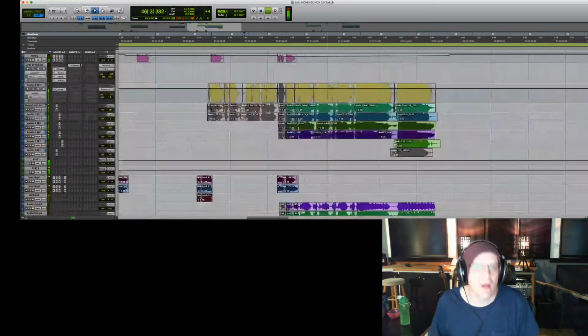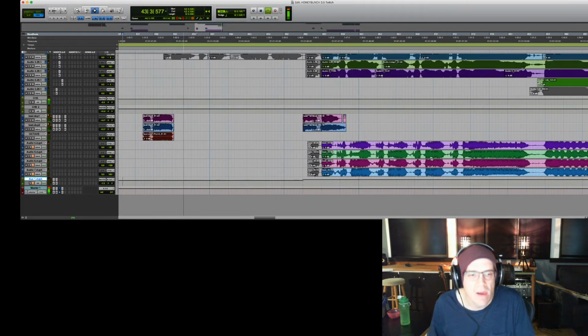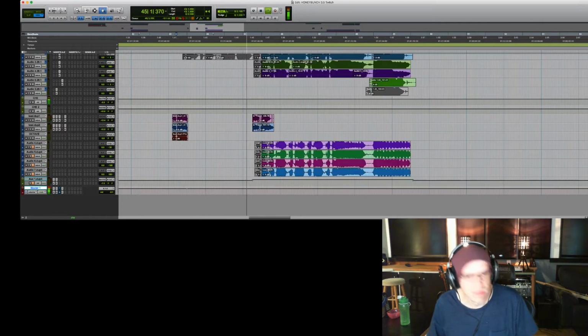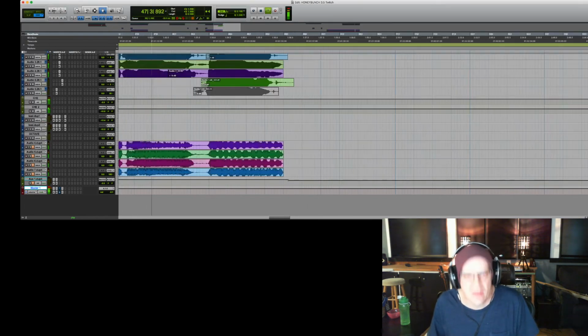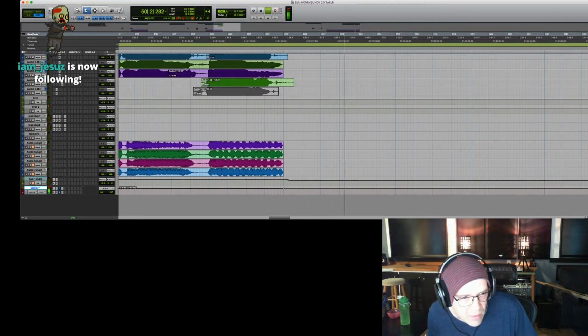And let's turn it up for that. So this needs to be heavier because that part before is so oppressive. So let's go up 0.5 here.